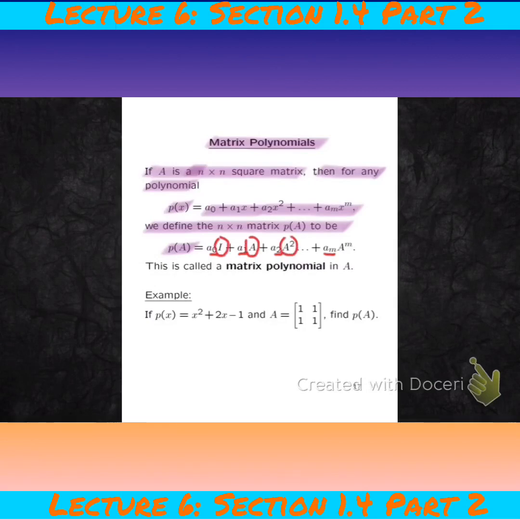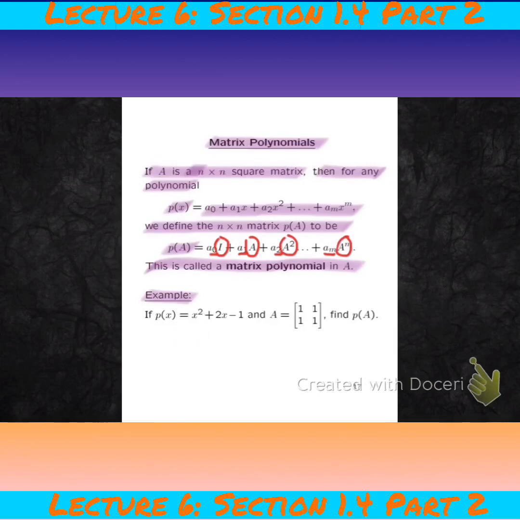and what you multiply the scalars with are in fact matrices. These are all matrices. Okay, so that is just something that you guys need to be aware of in case it comes up later on. That's called a matrix polynomial of A. Now this example here I'm going to leave for you guys to do on your own. That's very straightforward. You pretty much just plug the matrix